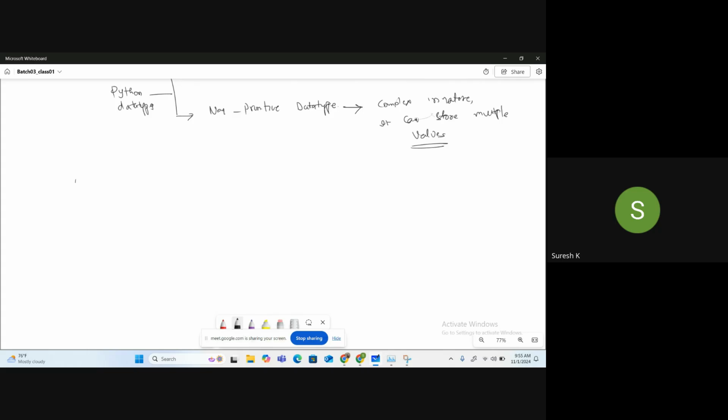Under primitive, we have data types. What are the data types, Venkat? We can say int, float, Boolean, string.